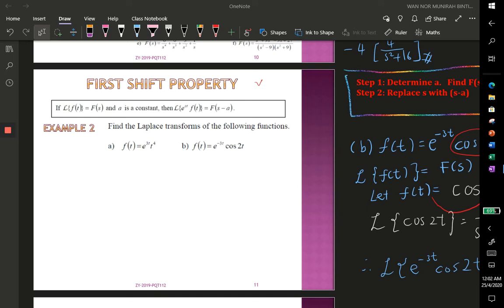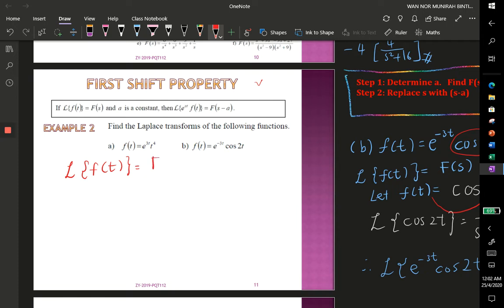Hi. So we continue our topic on the second property of Laplace transform, which is the first shift property. In the first shift property, we have this kind of function. But before that, let us discuss this one. We know that before this, Laplace of f(t)